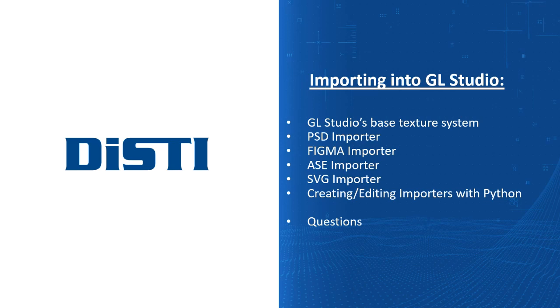We covered the Ase Importer, one of our most robust importers for importing 3D models, which supports all of the mesh data, all of the normal data, all the texture data, material data, as well as animations and lights in the scene. We covered the vector-based SVG importer, which allows you to just drag and drop vector-based textures right into GeoStudio, as well as rescale them and rasterize that texture,